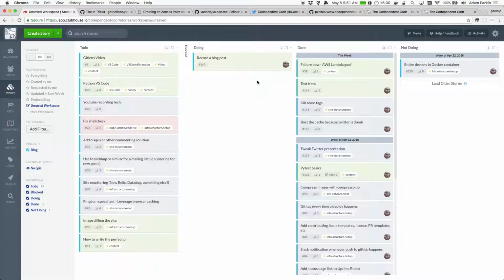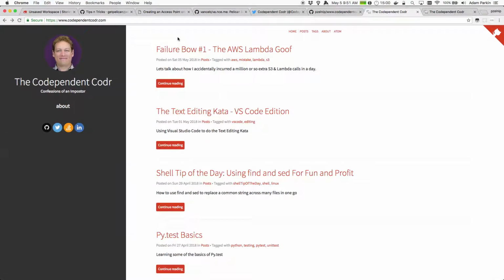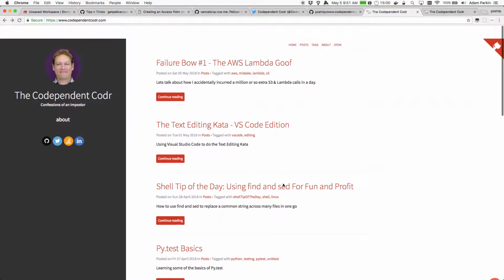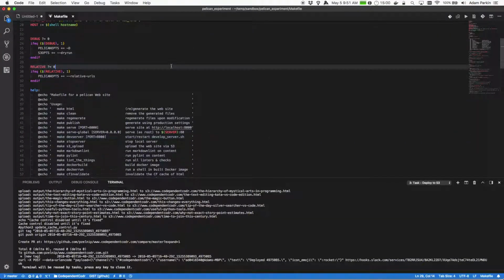Actually, one thing I usually do before I even do that is a sanity check. And this is going to be tricky because I can't actually see the post. So I'll go to my homepage. Sometimes the post doesn't show up right away because of caching issues. The way CloudFront is, if I want posts I just published to show up immediately on the homepage, I have to issue a CloudFront invalidation. I have a post in here somewhere that talks about how you do that. Alternatively, you can just go to the actual URL, which will be the same as the